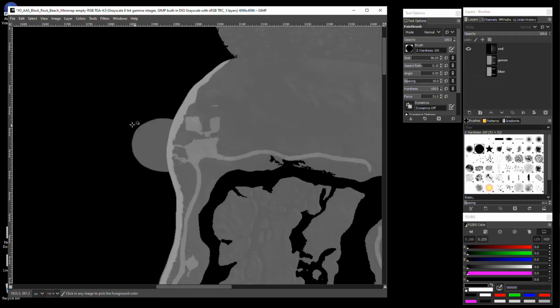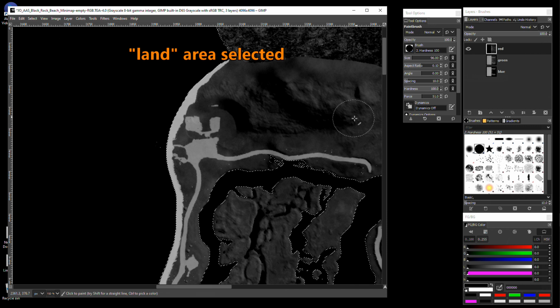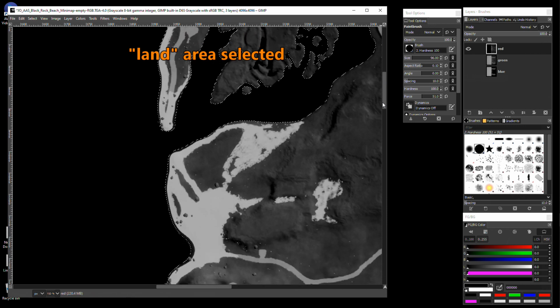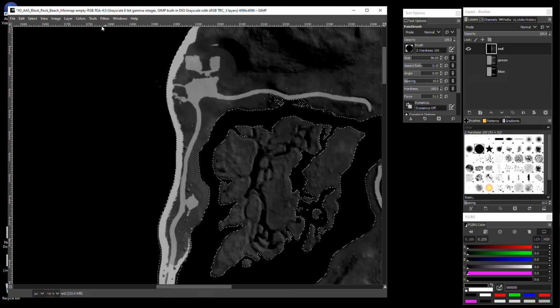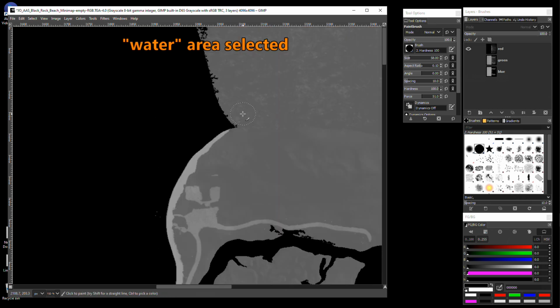So I'm going to undo that, and I'm going to go out of quick mask mode. I'm going to invert my selection. So now it's actually selected all of the land rather than anything else. So what I'm going to do now is go into my tools. This tool's probably going to be a bit big. That can be cleaned up. Actually, you know what I'll do? I'm going to invert my selection. Oops, don't do that. I'm going to invert my selection again,